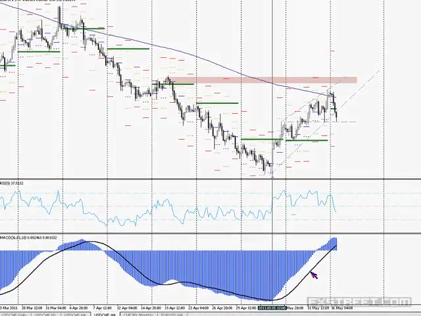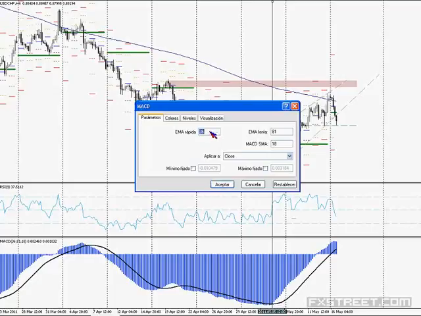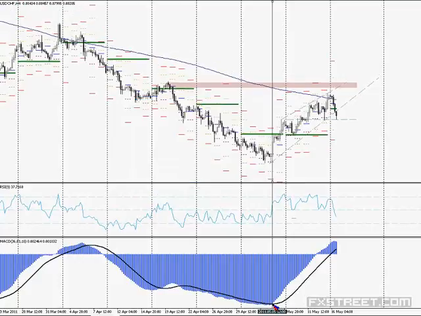In that case, a much slower MACD just for trend direction purposes, and we have that indicator here with much slower settings than the standard one, 36, 80, 81, 80, and we have that cross to the upside in the oscillator,